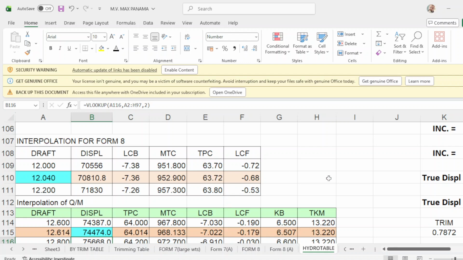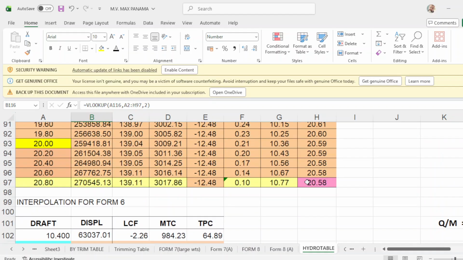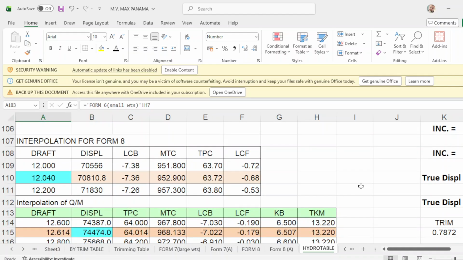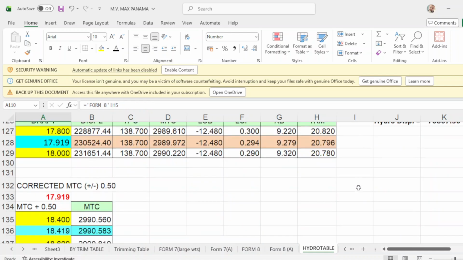10.52. That's number 8, I think. Okay, put it this way. It's already programmed there.